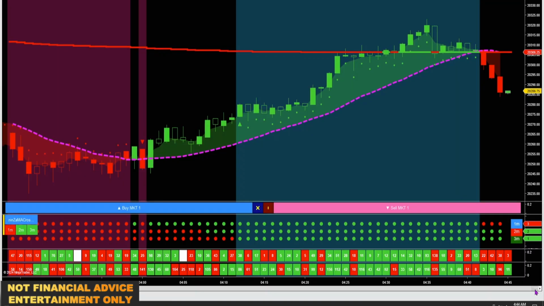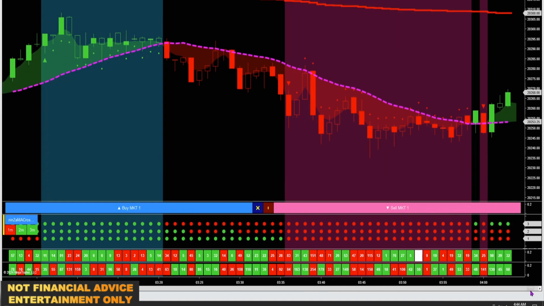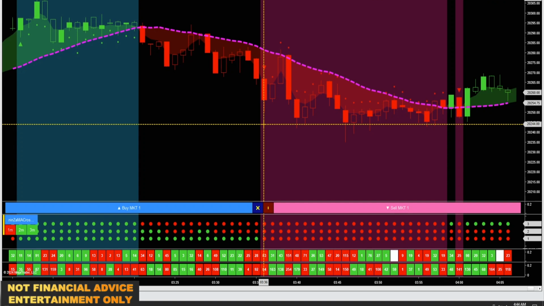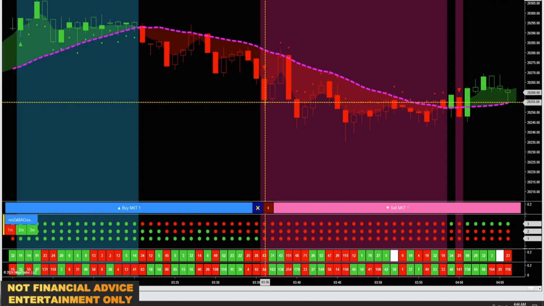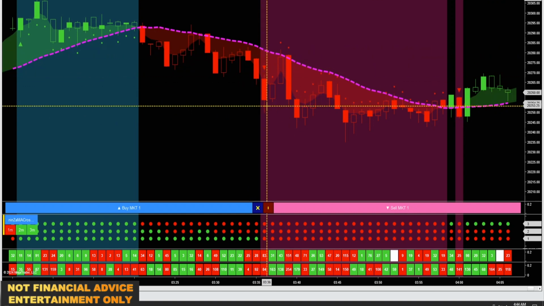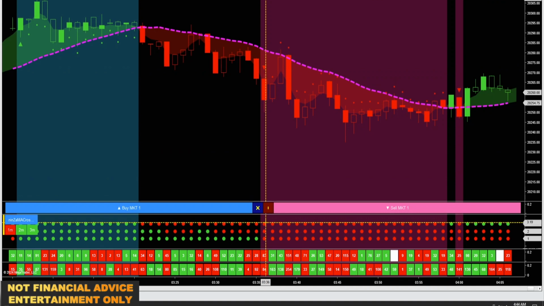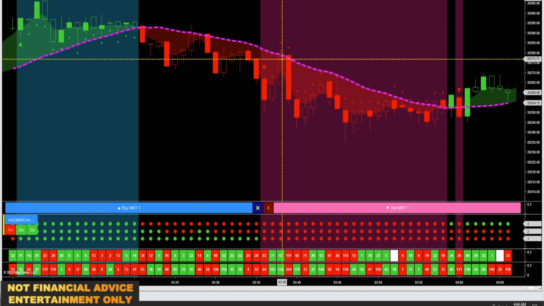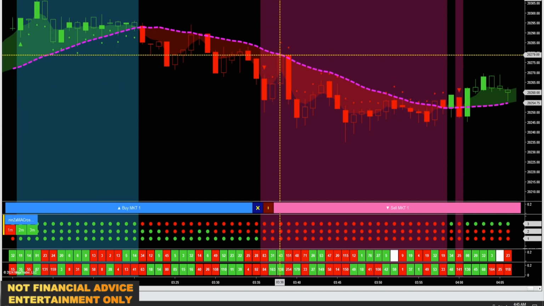Early on in the session, 3:30-ish, 3:36, I had one of those trades happen that I was just talking about in the previous video about using the 20 moving average crossover on 3 different time frames. Here we got the signal for all 3 time frames crossing the 20 SMA, and as I was mentioning in the previous video, I'm waiting for a pullback to the 20 SMA on the 1 minute and then getting in